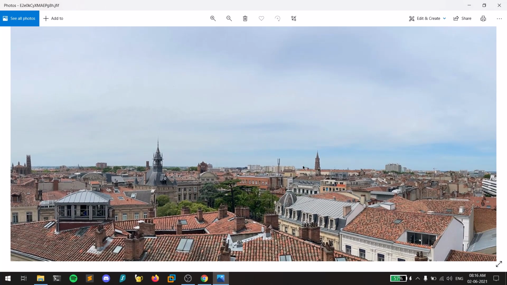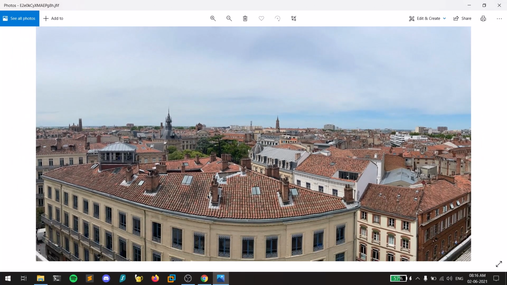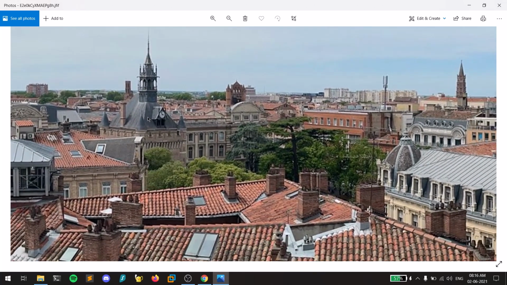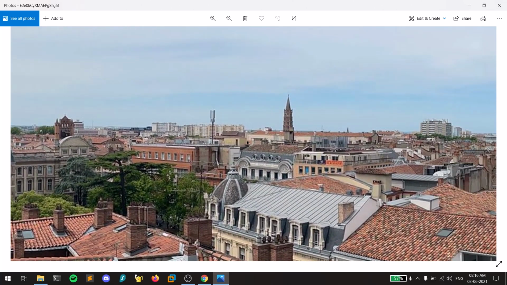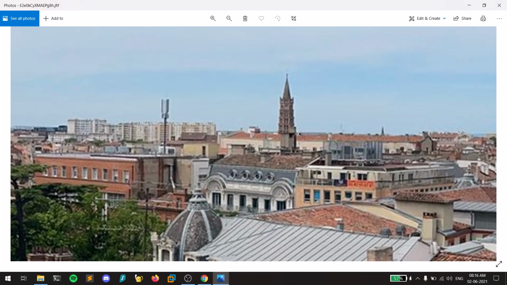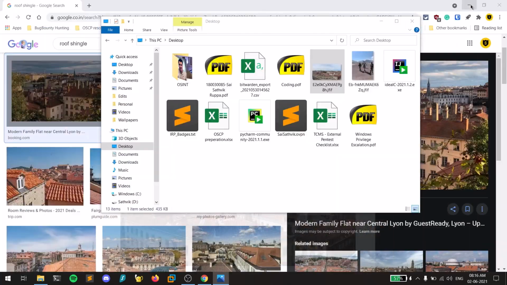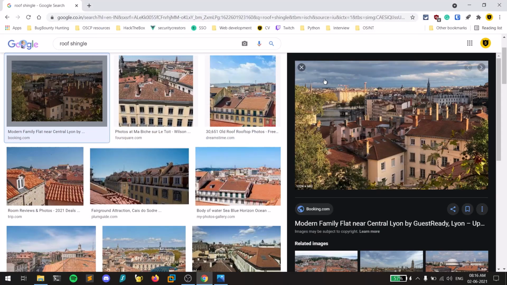First of all, while you are searching for an image, try to find some landmarks or anything that is unique. Suppose you take this image, guys. This building is common, right? But if you can see here, this clock tower looks a little bit unique, and I couldn't find what this is, but even this is a hint for us. Let's see whether we can find something related to that or not.